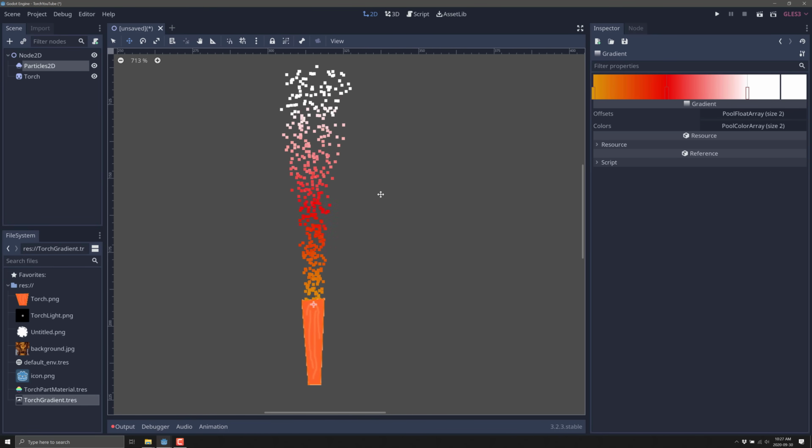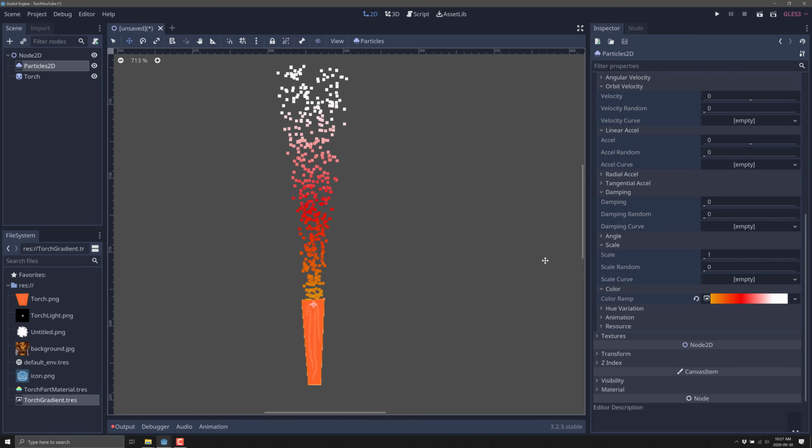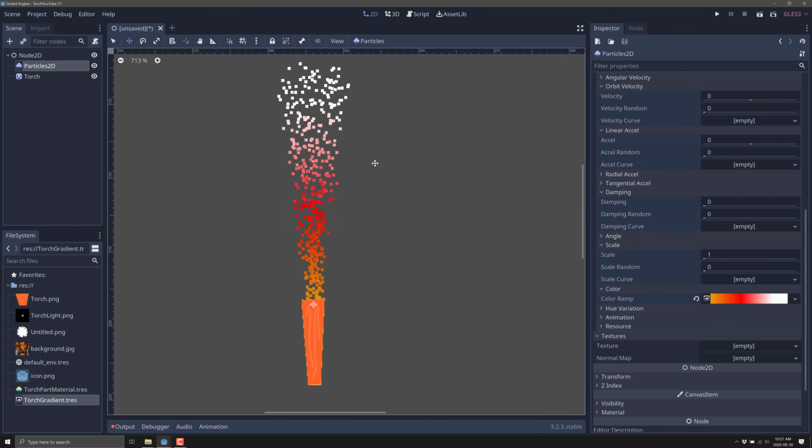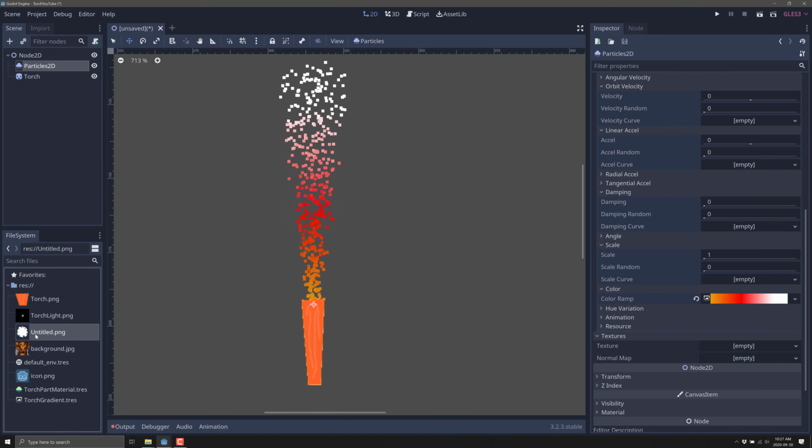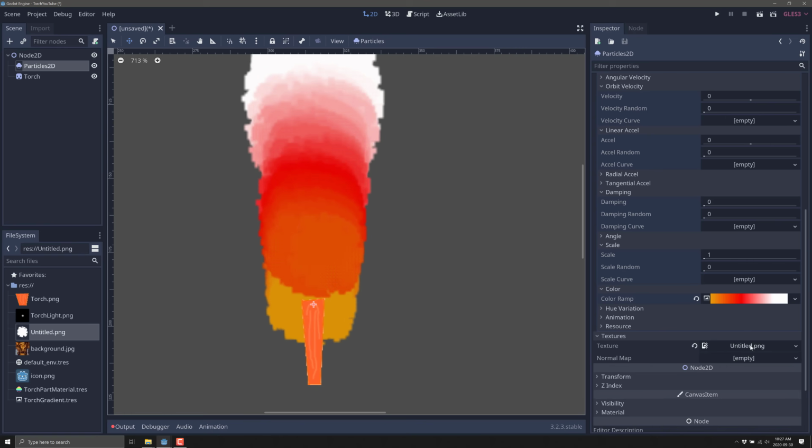May not be specifically what you like. For one thing, we've got a very particle-y look going on here. And what you're going to probably want to do to change that is apply a material or a texture. So this is right now just using a little cube that's being drawn here, but we can actually go ahead and bring in a textured image that is used for the particles. And that's what I'm going to use this guy right here for. So we're just going to basically drop that guy in right here.